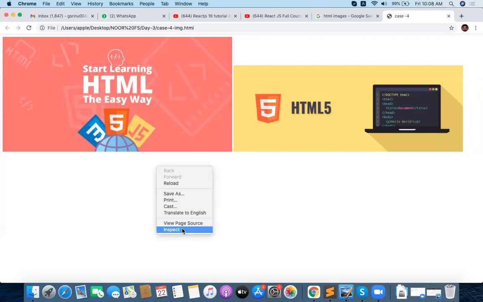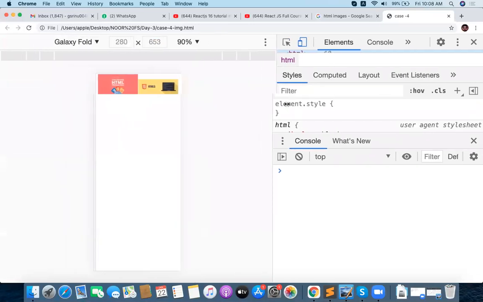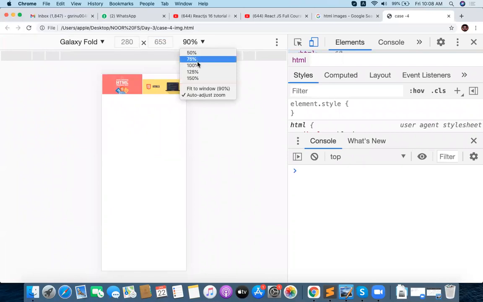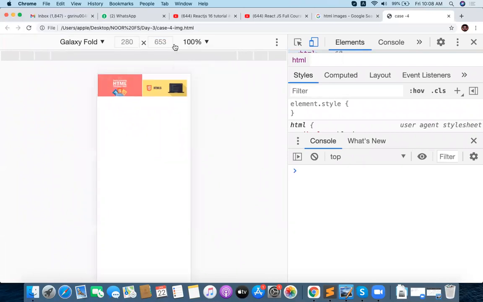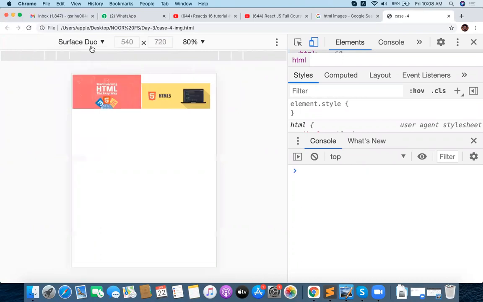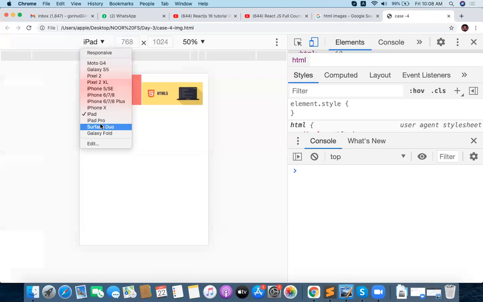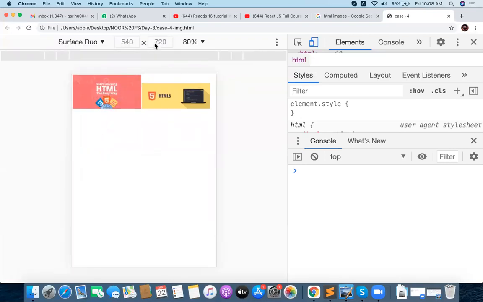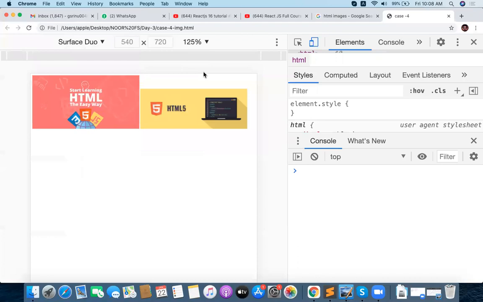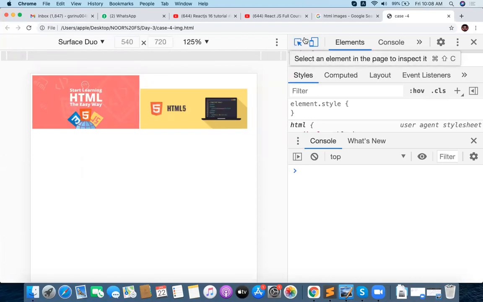Right click on the Chrome browser, go to inspect and check out the inspection. You click on the button here. There is one arrow button available. This is called inspection.